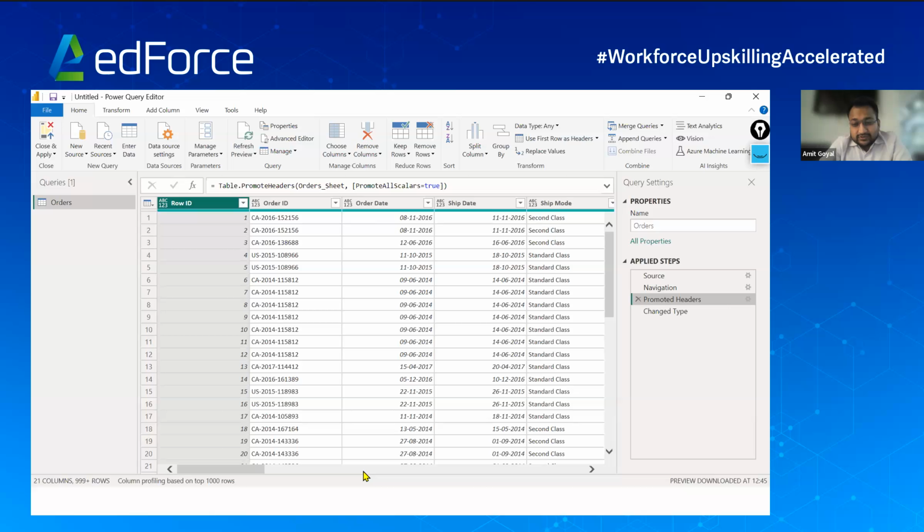Then in the fourth step, which is an important step, Power BI identifies the data type of each column. You will notice it's written ABC123, ABC123, ABC123. Power BI reads the top 1000 rows. Even if in your Excel file you have 10 lakh rows, in the Power Query right now it has loaded only the top 1000 rows, not the entire data. Now, when I click on changed type,